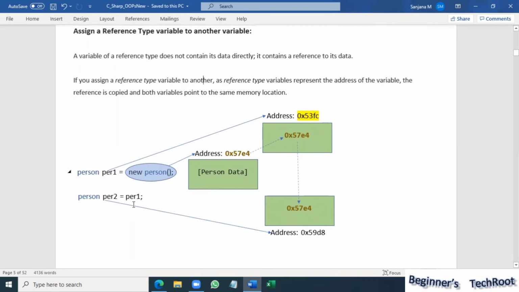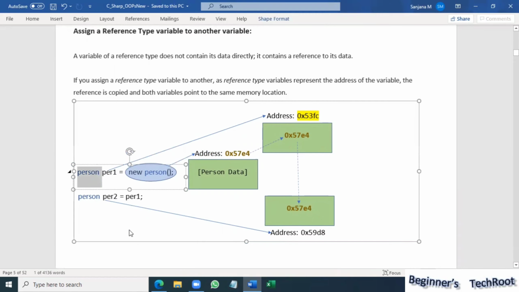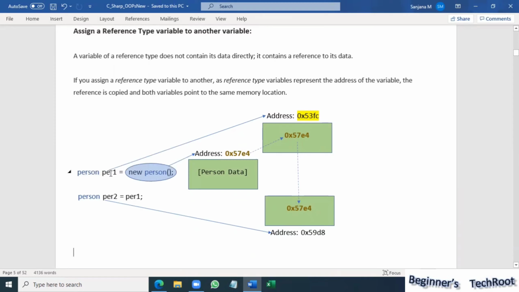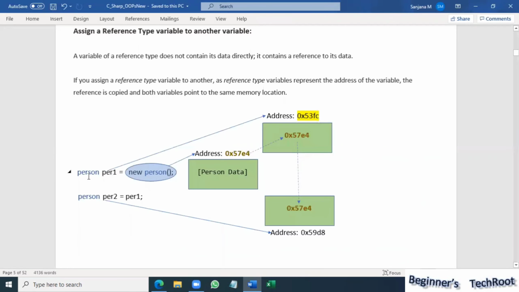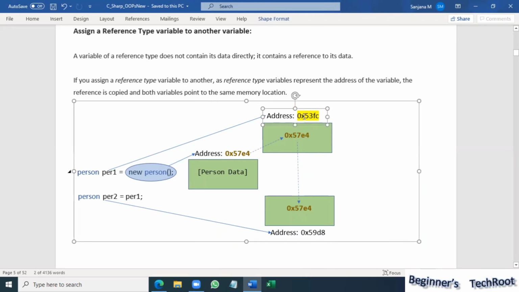So for example, if you look at Person as the type. Okay. So when we declare a PER1 variable with the Person type, what happens? It allocates a memory location for this. Okay. This is the memory location. If you say the address is this one, and then when you